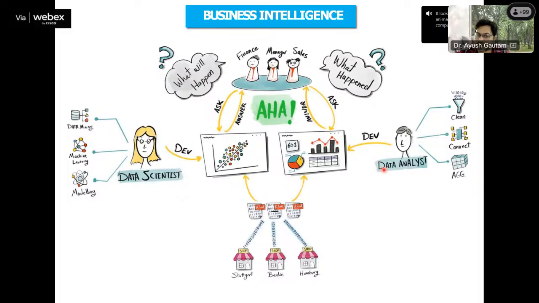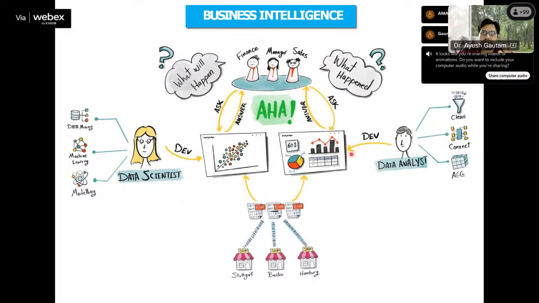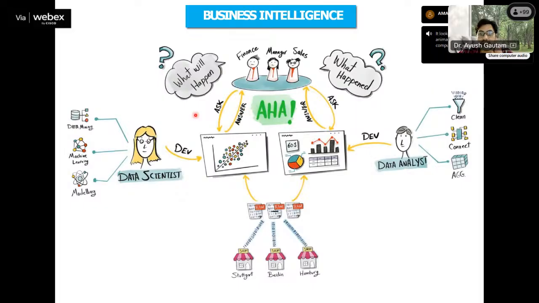Suppose in your industry suddenly the sales of the umbrella increases. What could be the reason? Rainy season. So that is called the description. The first thing is diagnostic. Diagnostic means what happened, finding out what happened. So you dig out and you find out, okay, with what rate the sale of the umbrella has increased.